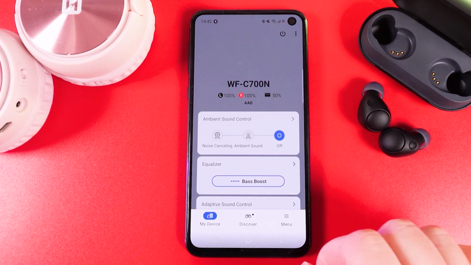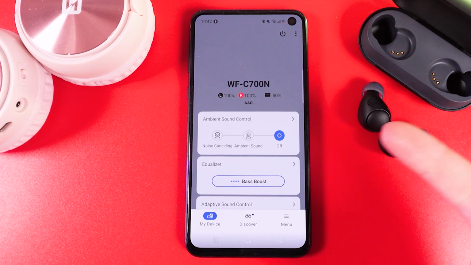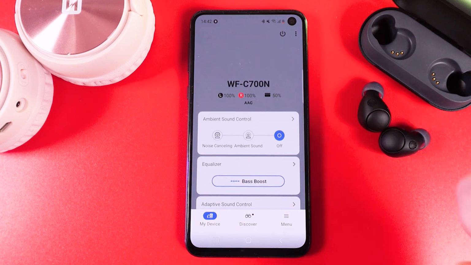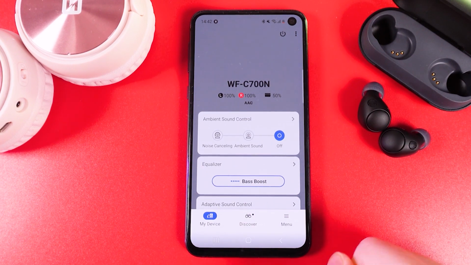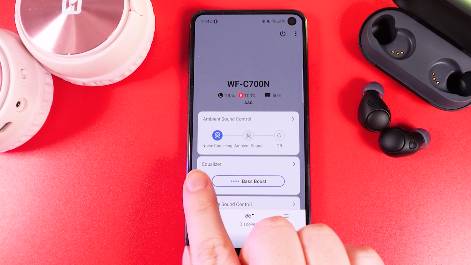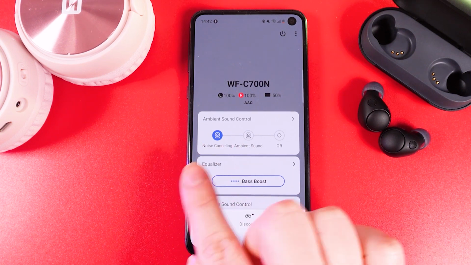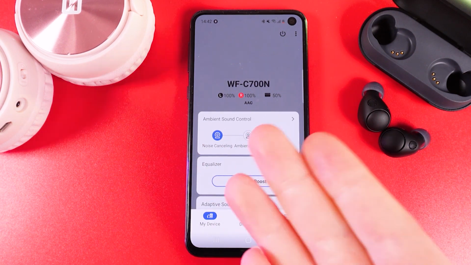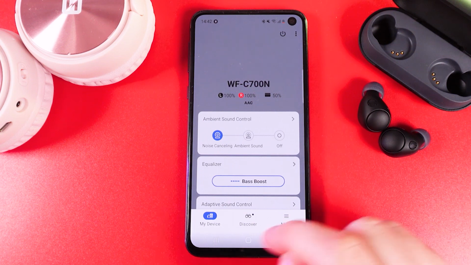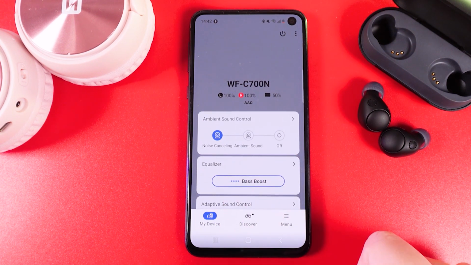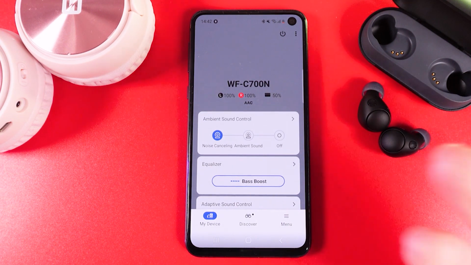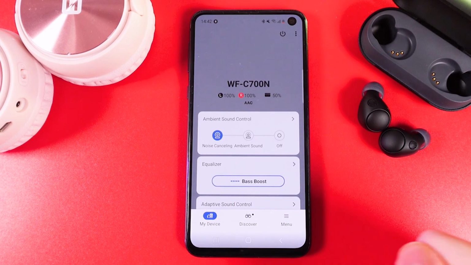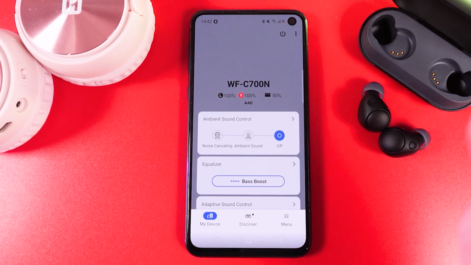First one is with the help of the app, and the second one is with the help of controls on your earbuds. So if you would like to enable or disable the noise cancelling manually, you can do it in this app by clicking on this icon under which you can see this text noise cancelling. Now it's enabled, and to disable it we can switch to any of these two modes, which is ambient sound, which is letting all of these sounds from your environment inside your earbuds, or